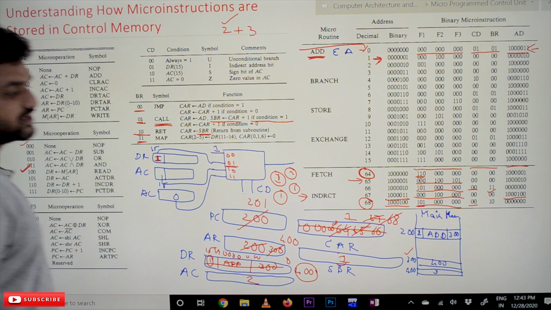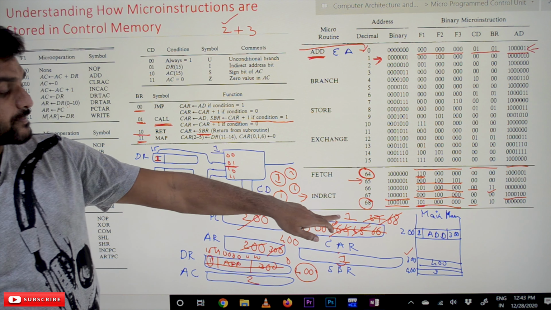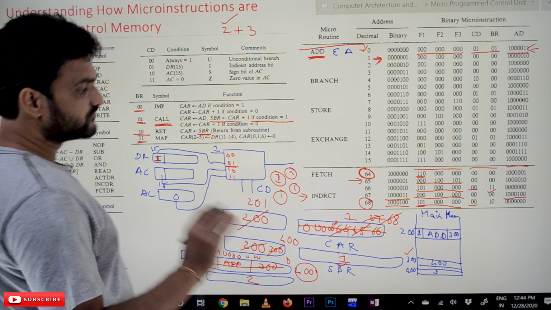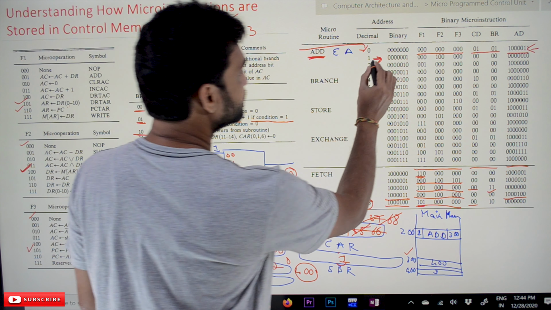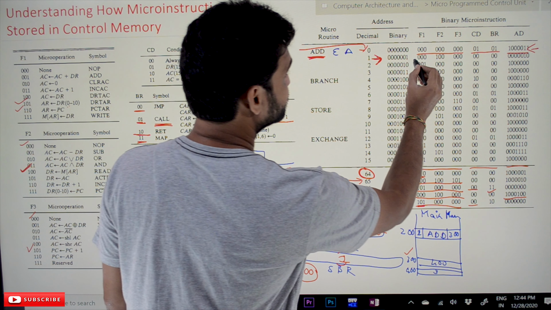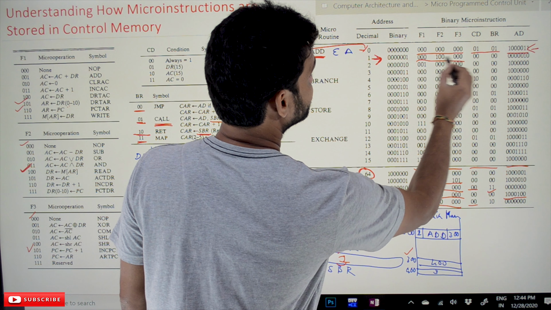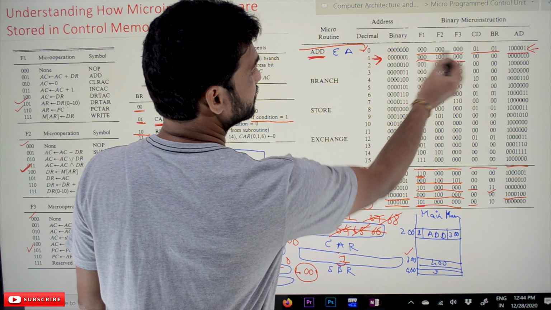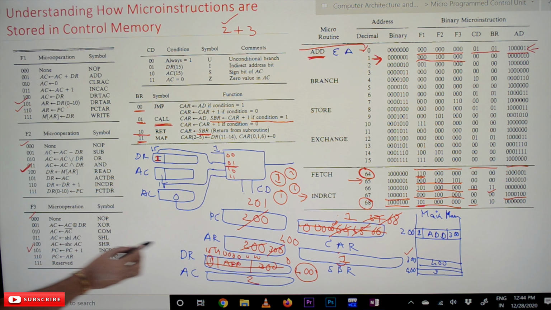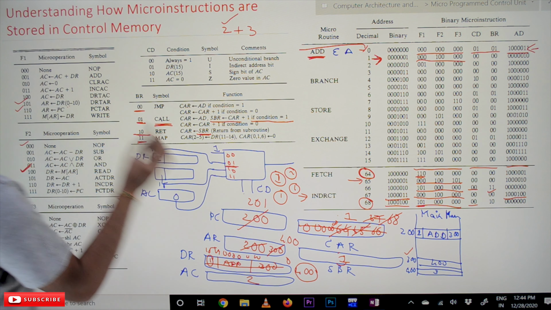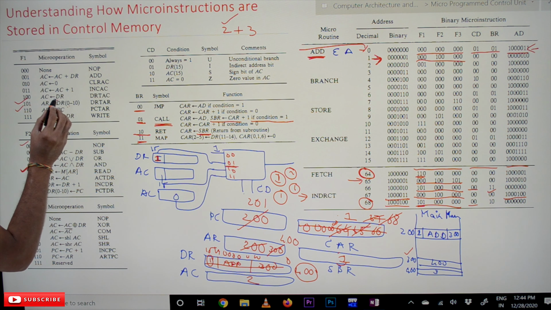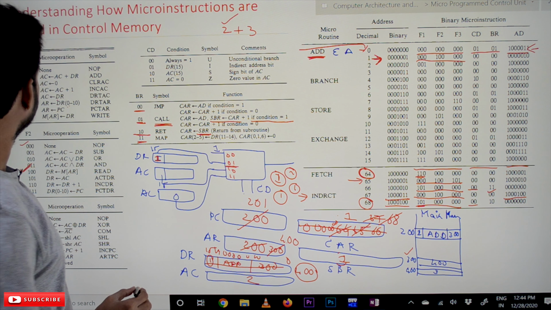It is now stored onto the control address register. Now what do we have to do? So we are on this statement one with the control address register. Now the control word is having only F2 and the remaining are all zeros. So the F2 is stored with 100. 100 means the data address register value has to be stored onto the accumulator.